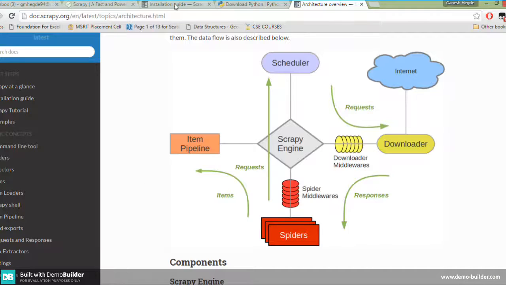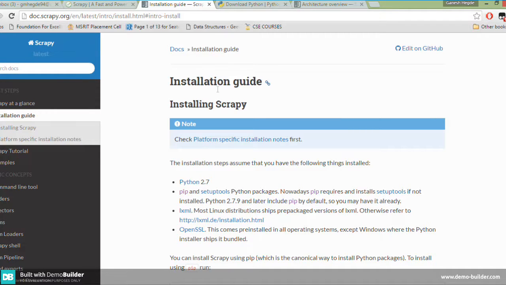For Scrapy installation, it's freely available on the scrapy.org website, with the installation guide and the minimum requirements. The system requirement is any platform, like Windows or Linux, and Python 2.7.